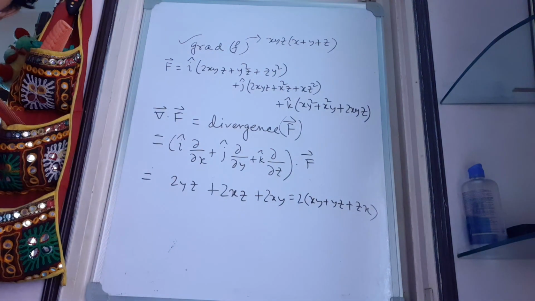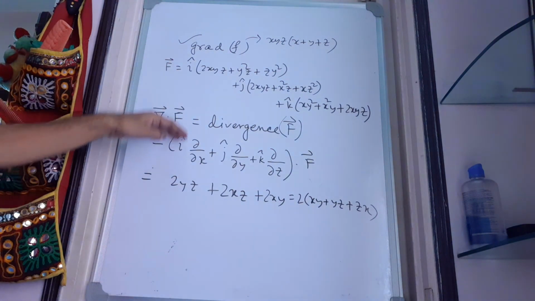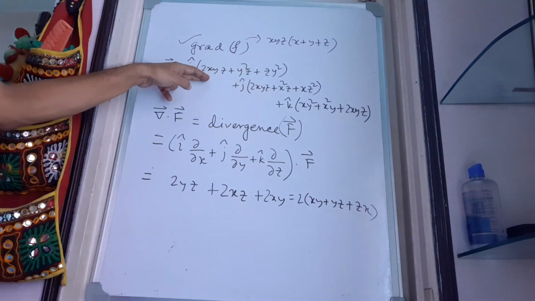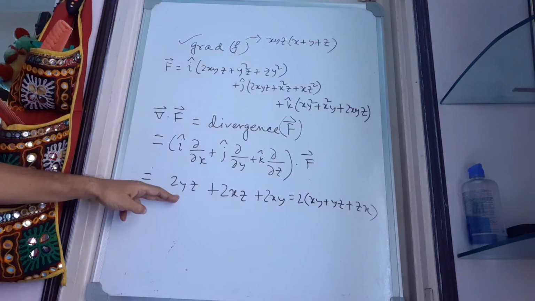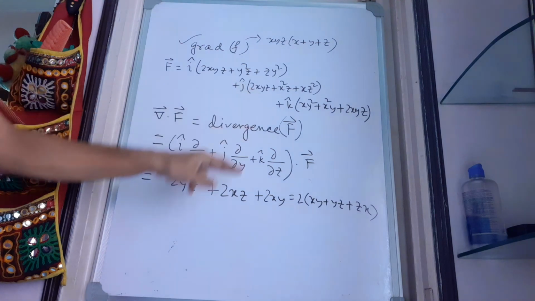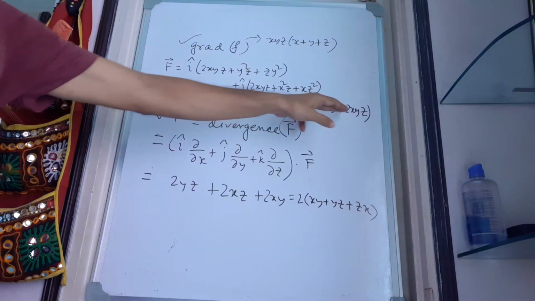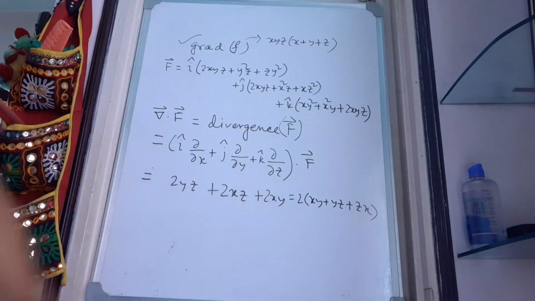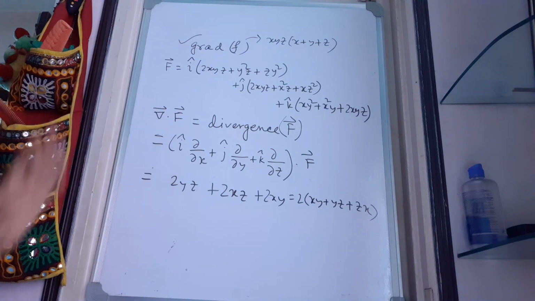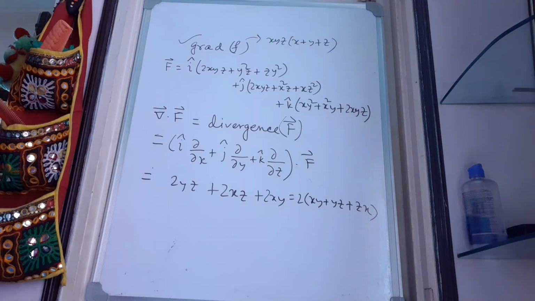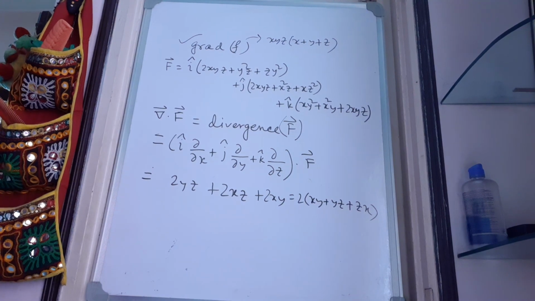All other terms cancel out and we take the partial derivative with respect to all these three terms, which gives us 2yz, here we get 2xz and here we get 2xy. So, this is the divergence of F. I hope you can follow it clearly. Next, we will be calculating the curl of